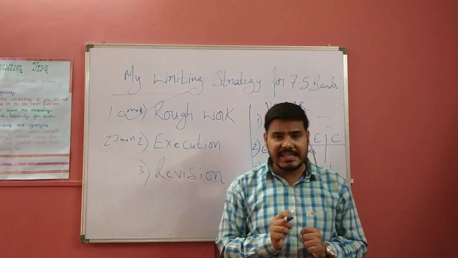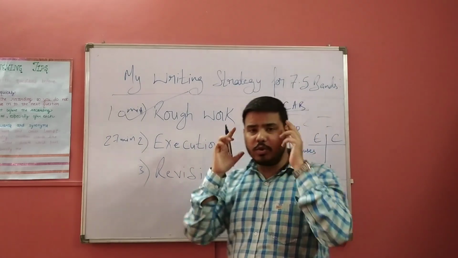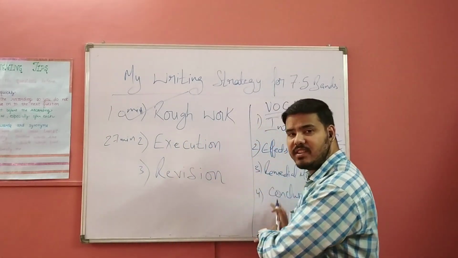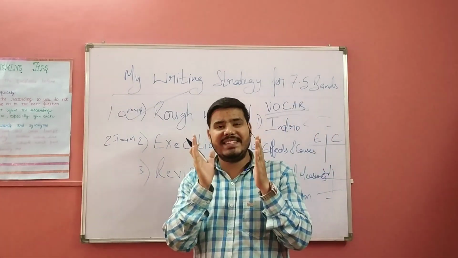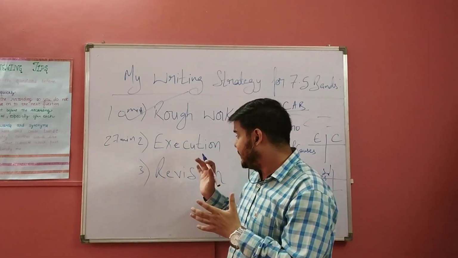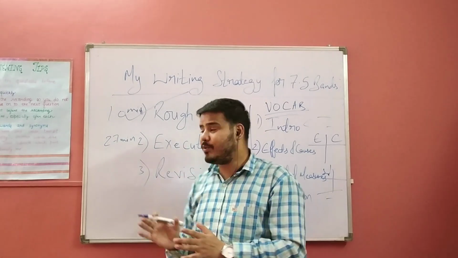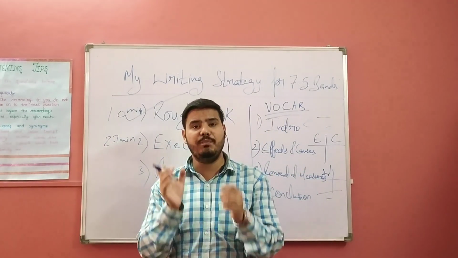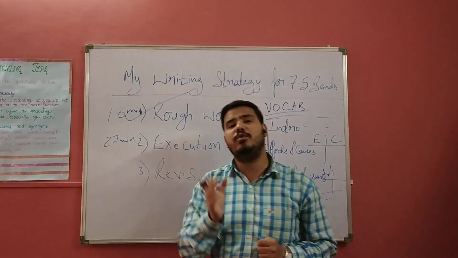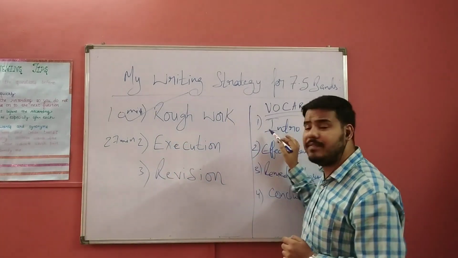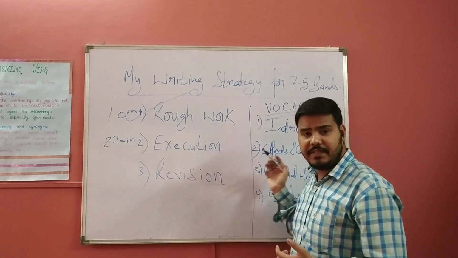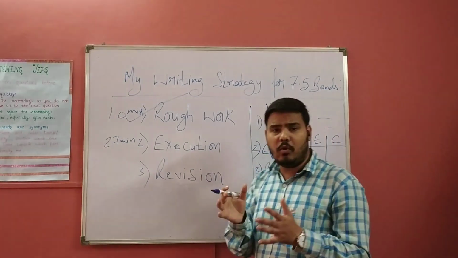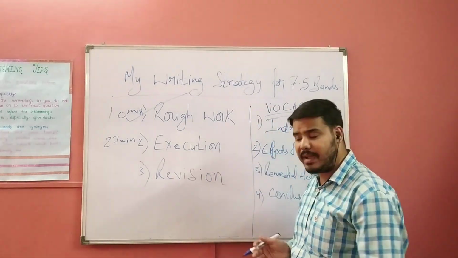Why I say that? I say that for a reason, because you are not going to think anything now, specifically. You have already thought, you have already done in the rough work what you are going to write in the examination. But friends, just be very careful, you write in legible handwriting, alright? And you leave sufficient spaces, you make 4 different paragraphs, or you can go into 5 different paragraphs. Like the first paragraph can be for introduction, the second is for effects and causes, third for remedial measures, and fourth for conclusion. A lot of people also say there's body paragraph 1 and body paragraph 2.